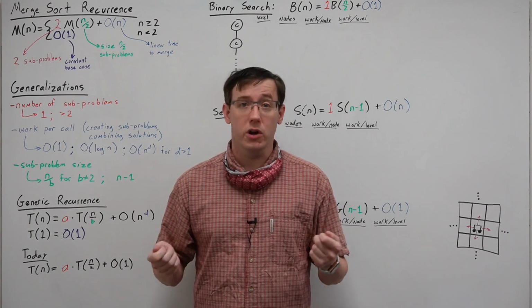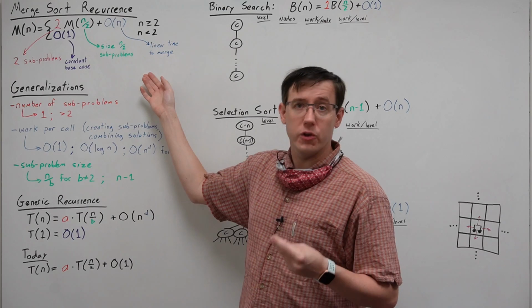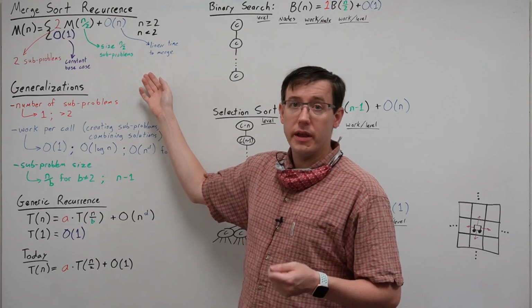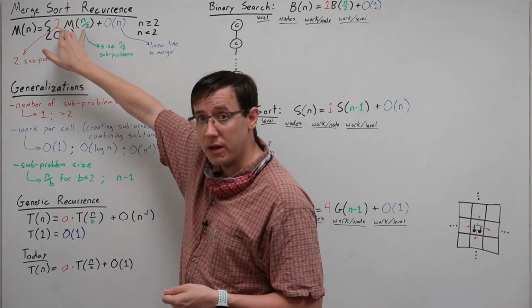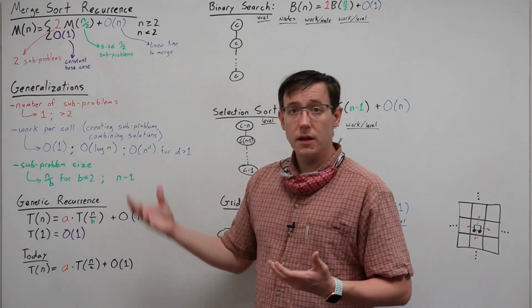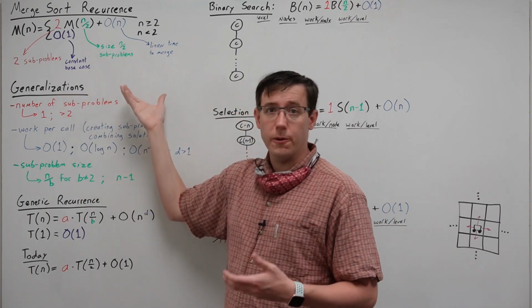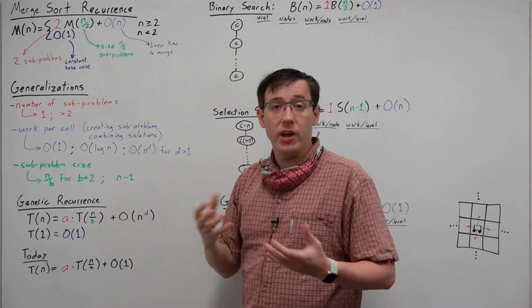and to give us a sense of the sorts of running time analyses we can expect for our recursive algorithms. To begin with, I've rewritten our recurrence relation for merge sort in a way that lets us focus on the more important constants by de-emphasizing some of the others. And I've also color-coded the different parts of the recurrence